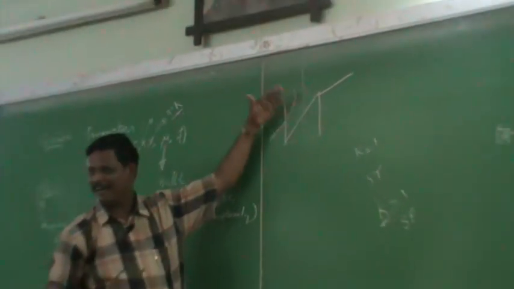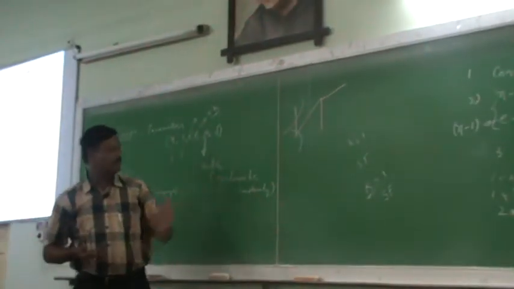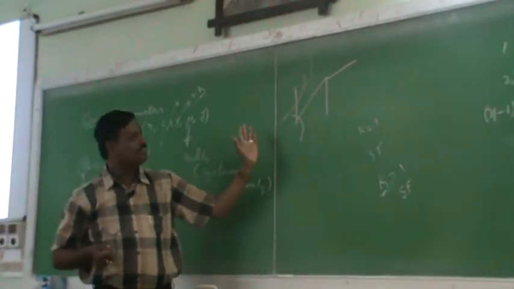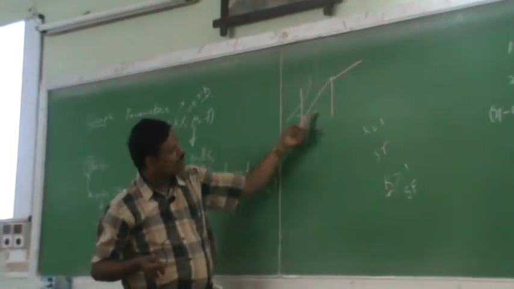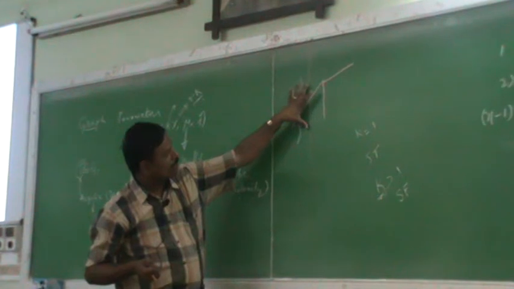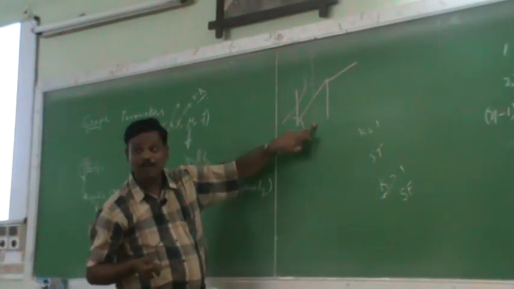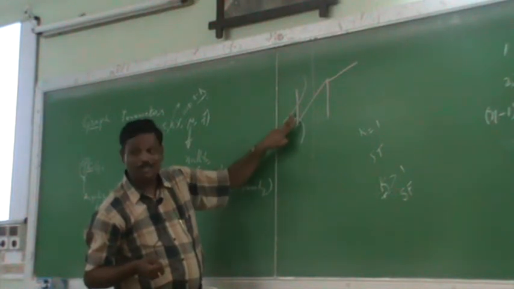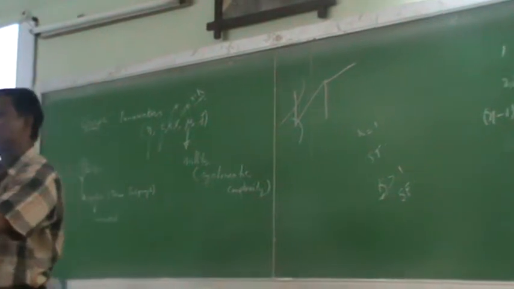Is it a cut set? Yes, because this gets isolated, right? Is it a cut set? Yes, because this gets isolated. Now notice the difference between this cut set and this cut set. What is the interesting property of this cut set? The interesting property is that there is only one branch, but the rest of them are all chords. Whereas here there are 2 branches. A cut set consisting of a single branch is called a fundamental cut set, and the rest of the cut sets are all